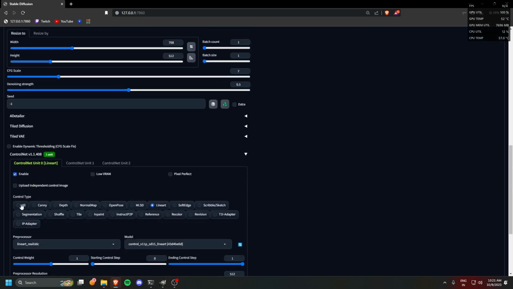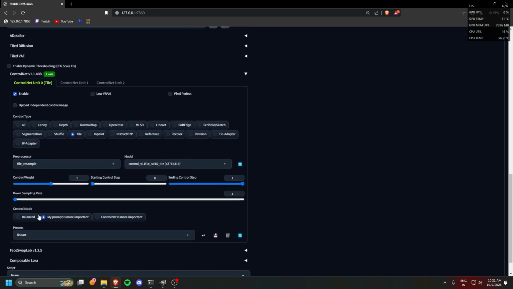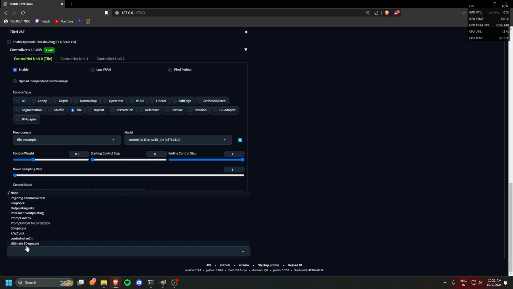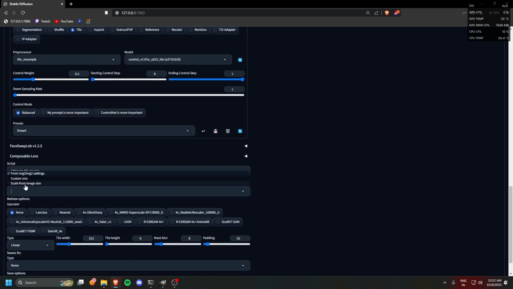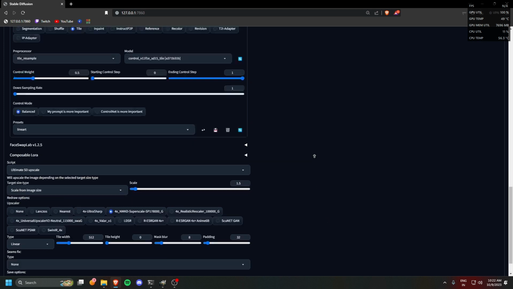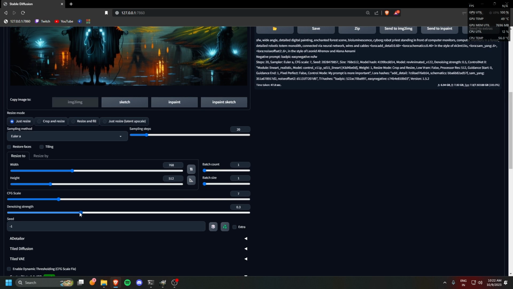So we can change this over to tile, choose balanced again, turn the control weight down. I usually go around 0.5 for tiling. We're gonna select ultimate SD upscale, scale from image size, scale by 1.5 times, choose an upscaler of your choice. I'm gonna use my favorite. Now we're going to turn down our denoise even more,